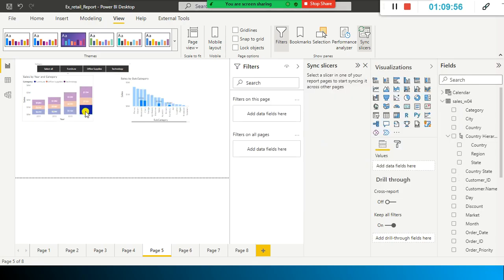So when I select a specific item in any one of the visuals, the corresponding values get filtered in the other visuals. Here also I'm using category, here also I'm using category. Okay, so what happens in this case I'm using subcategory. Here what happens is when I select furniture, the corresponding subcategory sales also selected here, but the rest of the bars are dimmed here, dimmed, right? It is not visible.